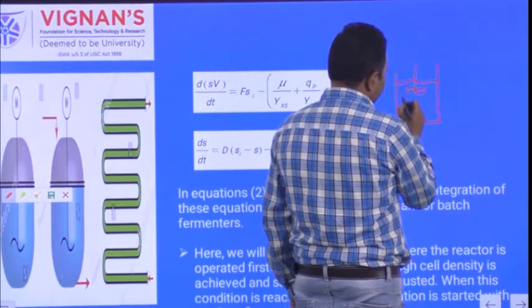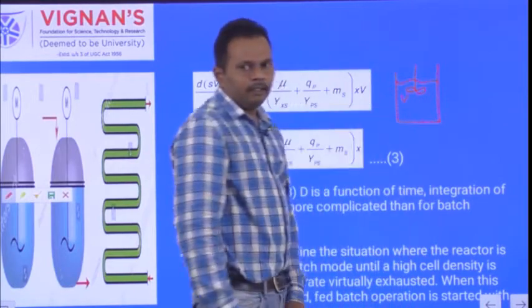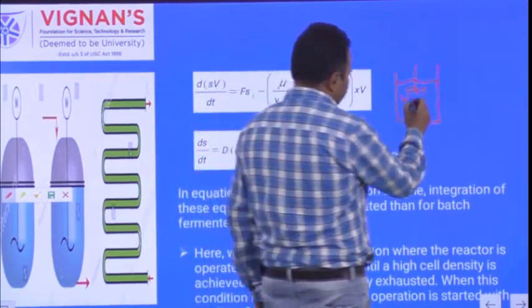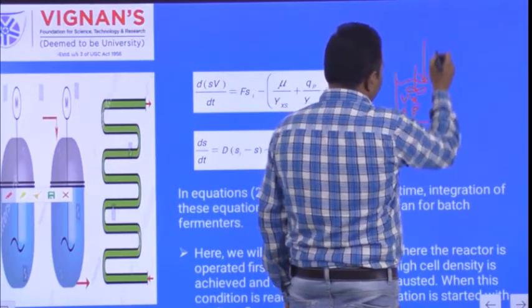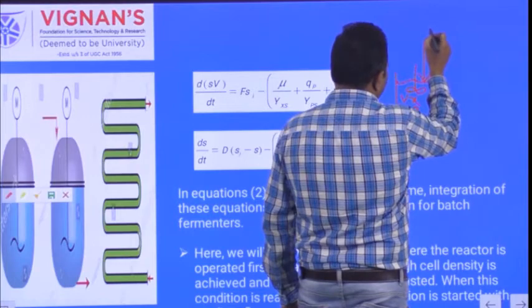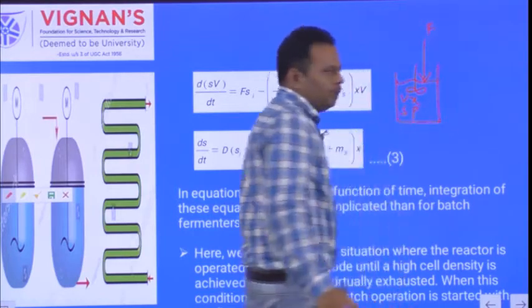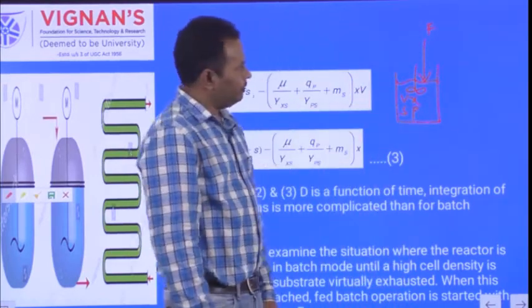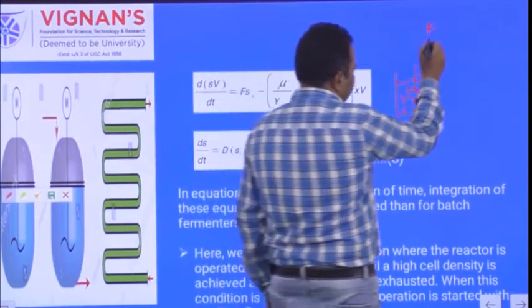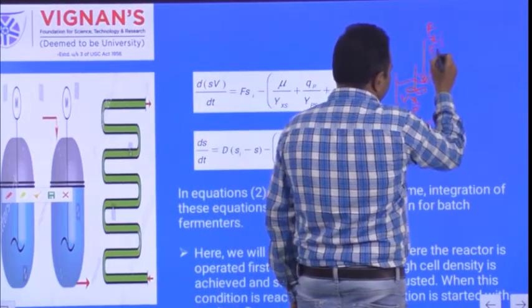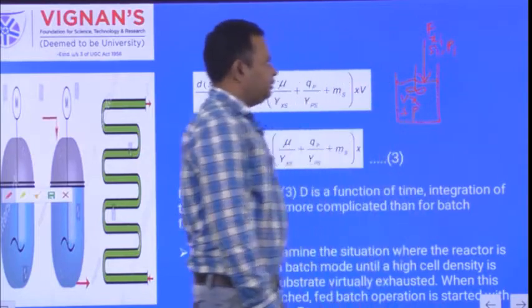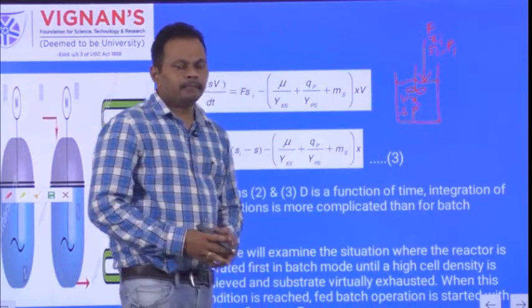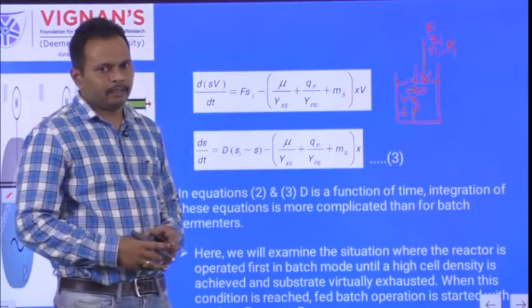So here within the fed batch fermenter, V is the volume of the fermentation broth, X is the cell concentration, S is the substrate concentration, and P is the product concentration. We are adding in input the feed stream F. Its volumetric feed rate is F, and cell concentration is Xi within the feed, substrate concentration Si, and product concentration is Pi. For this one, apply the mass balance for the substrate around the fed batch fermenter.